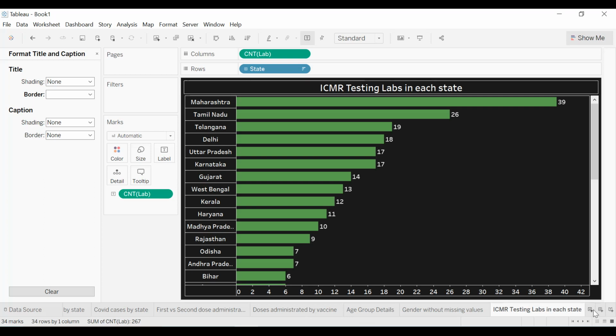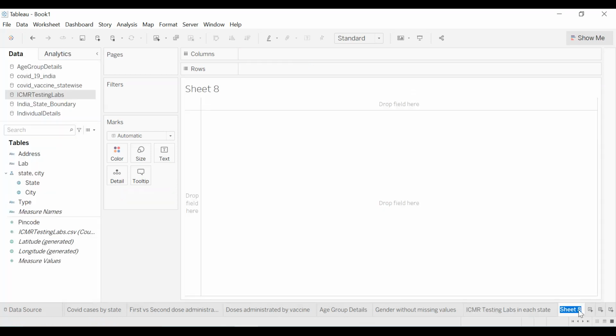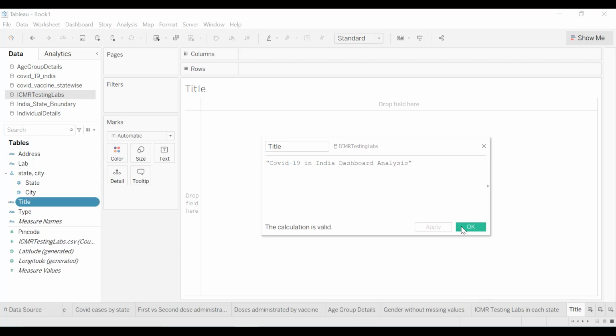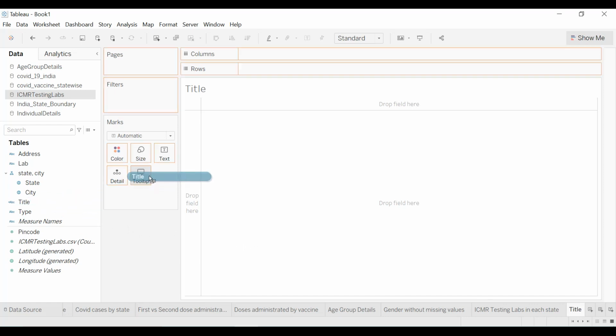Next we are going to create calculated field, so we call this sheet title, and we click here on create calculated field. So we write title, and we write the title of our dashboard, which is COVID-19 in India dashboard analysis. Okay, so like that we have our title of our dashboard. Apply, okay. So we drag and drop title into text,